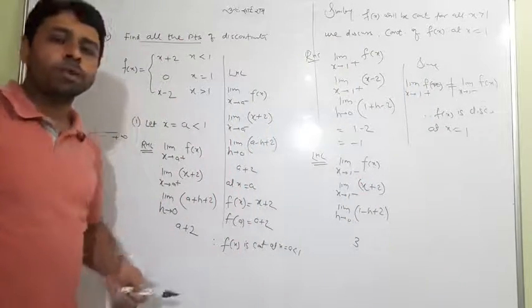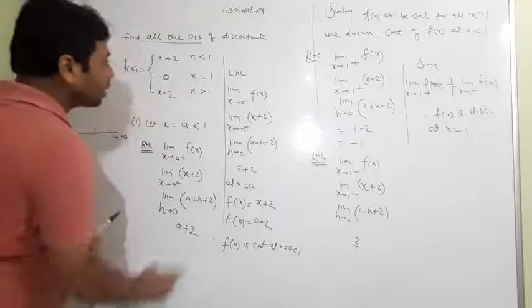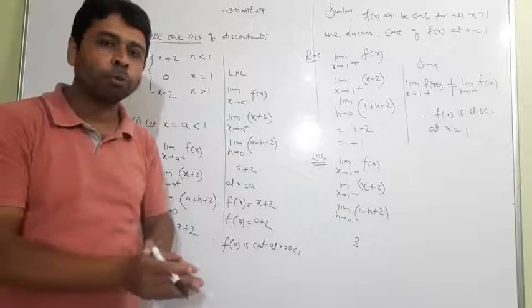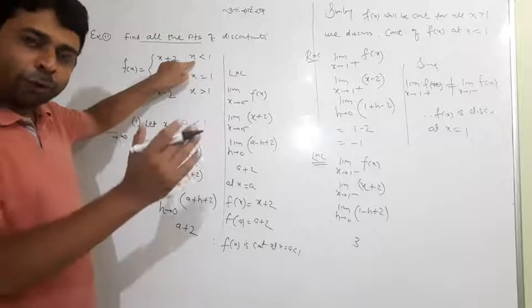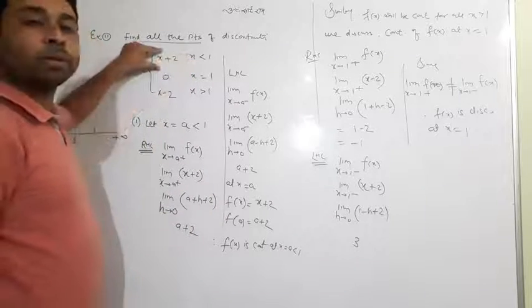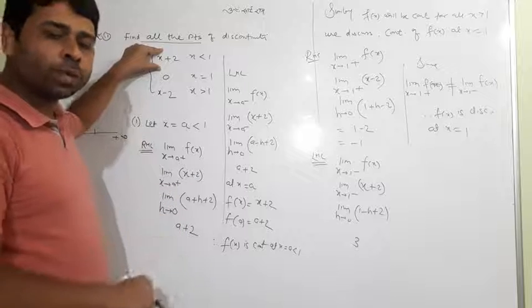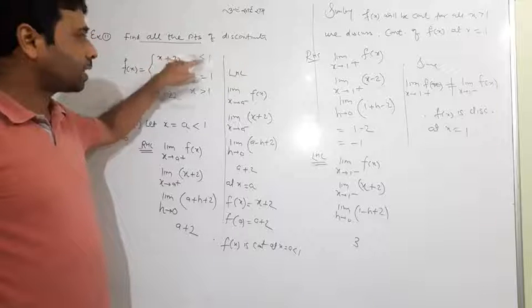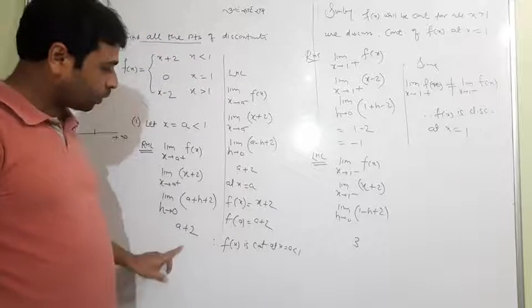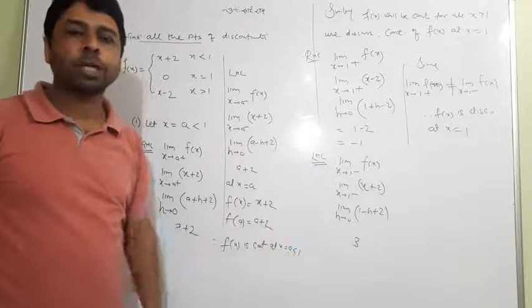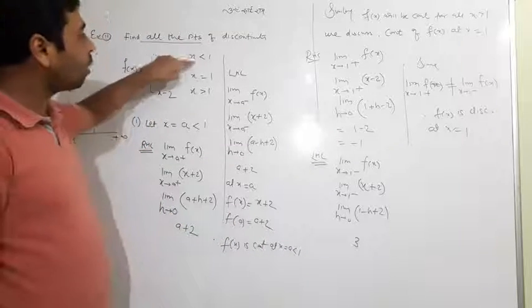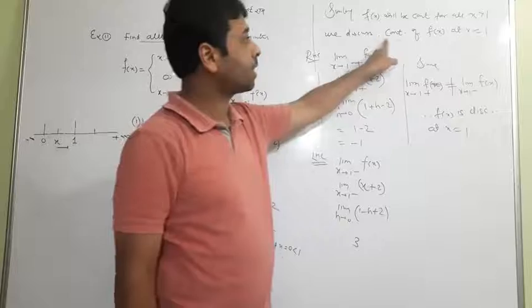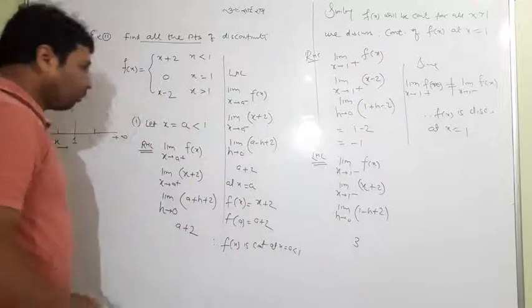Now student, whatever question is put on the board, if this condition comes, I will leave this whole part, because we should now know that if we choose any point with x less than 1, the function will not vary for the right hand limit, the left hand limit, or the exact value. When the function is not varying, the values of all the limits will be the same, and the function will be continuous. So we will write directly that for all x less than 1 and for all x greater than 1, the function is continuous, and lastly we will write this sentence only. So please remember, from now onward we will write the same.